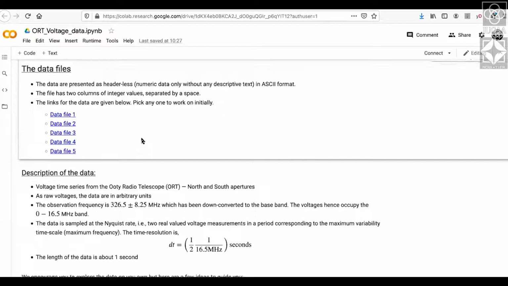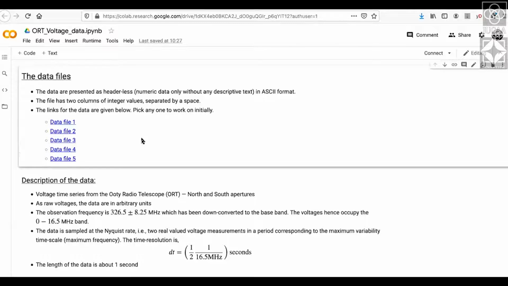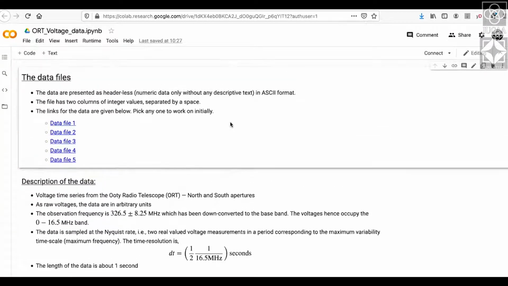I've made the Python notebook such that it essentially describes the steps you need to take to do the basic analysis. I've given the algorithms, and if Python is your preferred programming language, it will be great because I've also given what sort of commands you can use and given links to it. You are free to use whichever programming language you're comfortable with. But you will notice that Python is not very hard to use either. If you know a programming language, you just have to know the algorithms.